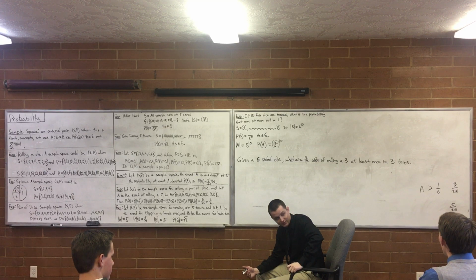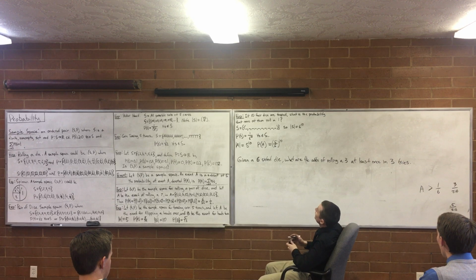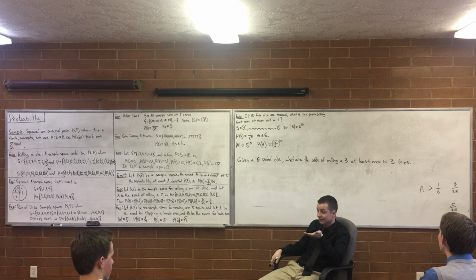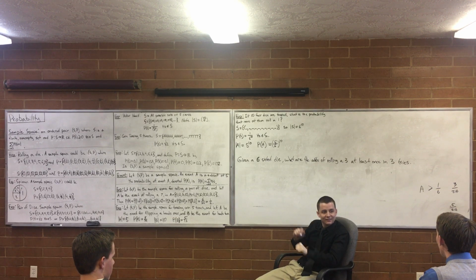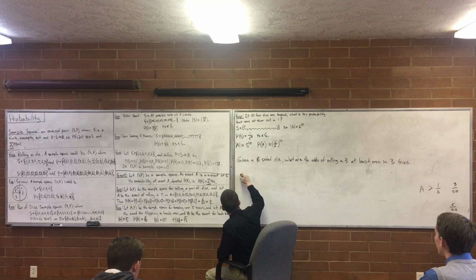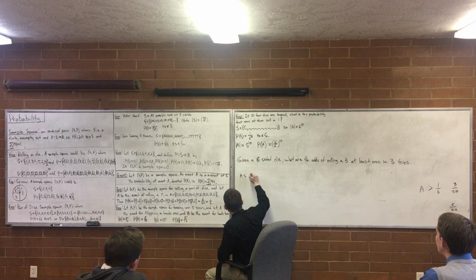Right. And then what's the size of A? You take it away, right? How many A's are there? None of them have a 3. So A is none or 3. So then it's 5/6 to the power of 3. There you go. So if we're doing odds of losing, then the size of A is 5 to the 3.